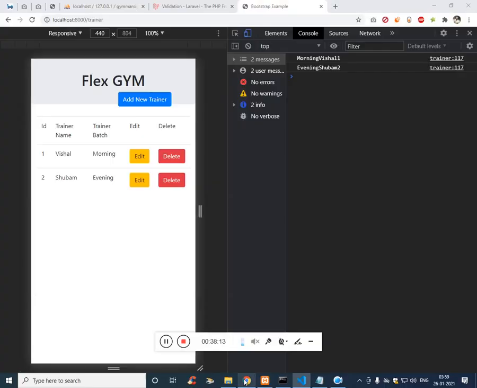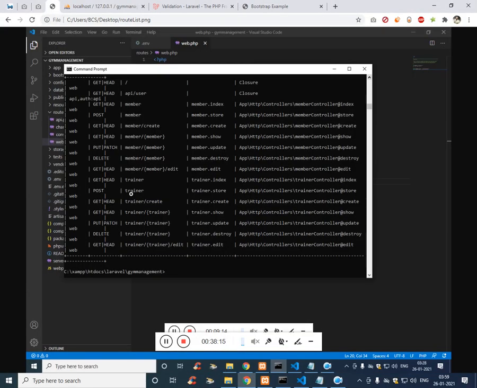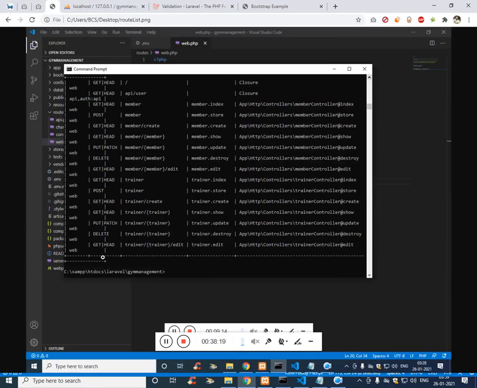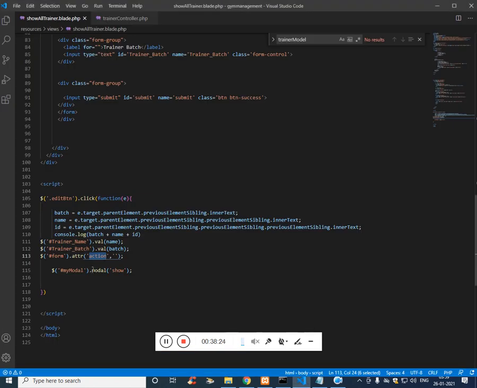So passing method is little different here. So let's see. Now we are going to use the update. So to update, this is the URL trainer slash id. So action trainer slash, we have to use the id. So plus, so let's check,